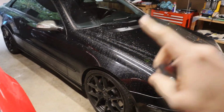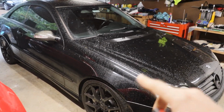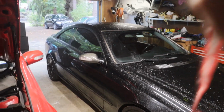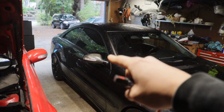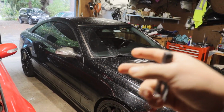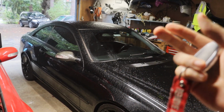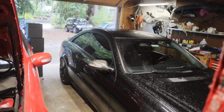Alright guys, before that, actually, I just put it in the garage. I'm going to adjust the suspension again, take a look at the sway bar links, all that. I'm also going to do a little bit of fluid maintenance, drain the trans and the diff and refill them, just to get some new fluid in there. Take a look at what the trans fluid looks like. I'll probably change the filter and the pan gasket at the same time. But yeah,